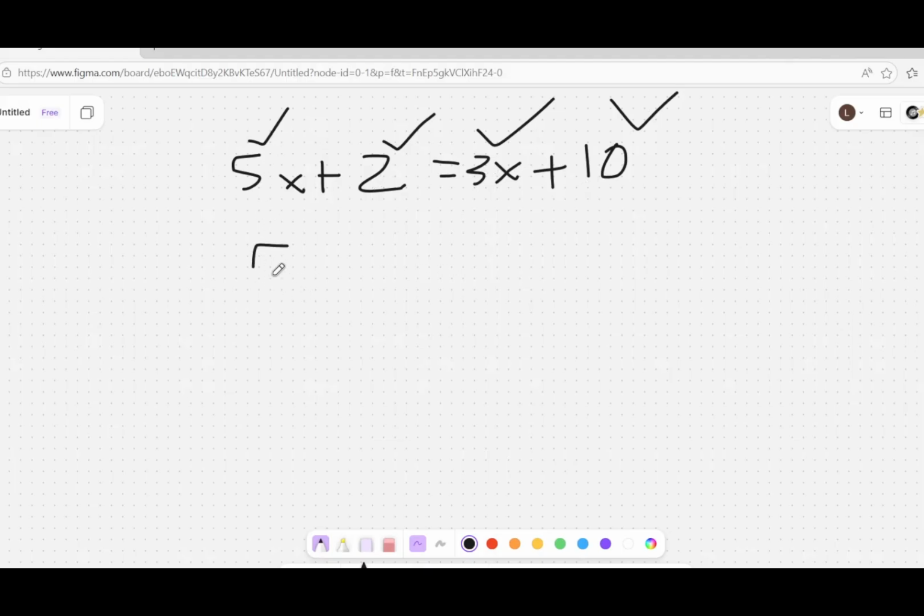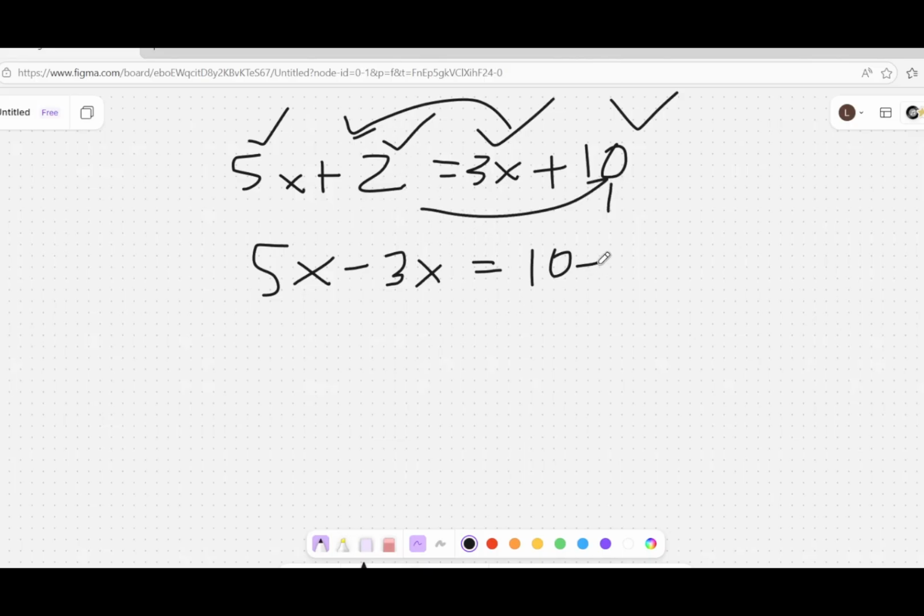Let's just copy first this 5x. In this case, for 3x, if we want to isolate this, we can transpose it to the left side. And since it is a positive 3x, what we need to do is get the opposite, the negative counterpart. So plus 3x on the right side changes to minus 3x since we transpose it to the left side. Likewise, we copy 10. And to move this only number on the left side to the right side, we transpose it and change plus 2 into minus 2.